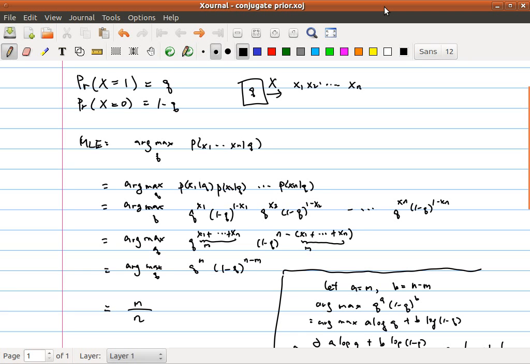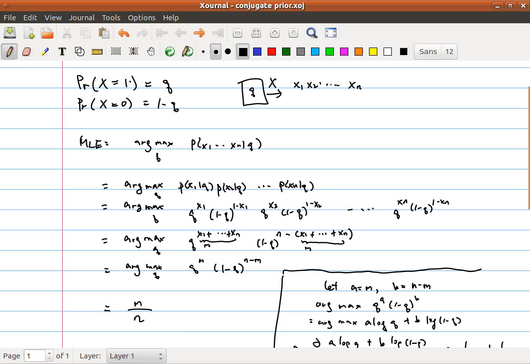Talk about conjugate prior and actually some maximum likelihood and MAP detector also today. Let me start with a very simple example here. I have x is a random variable. You can think of x as the outcome of flipping a coin that can get either 1 or